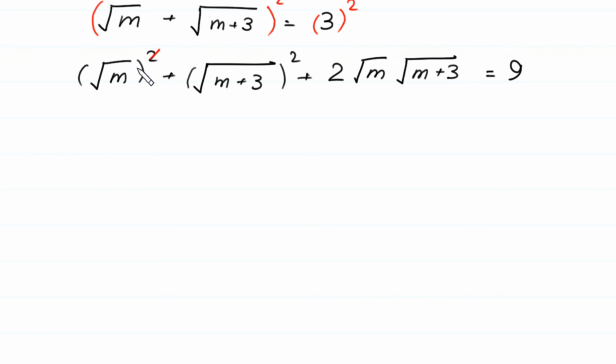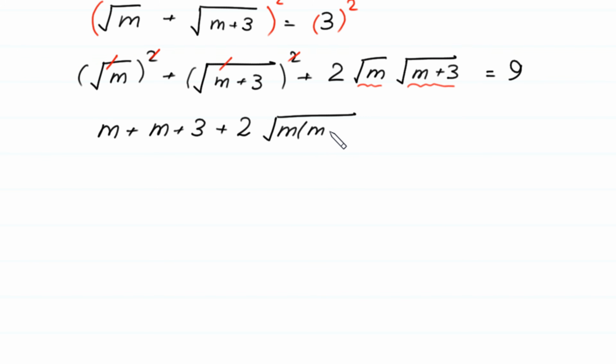Next, this square will be cancelled with this square root, and this square will be cancelled with this square root, and here left m plus 3 plus 2 times, we multiply this square root of m by this square root of m plus 3. Square root of m times m plus 3 is equal to 9. Next, 1m plus 1m,